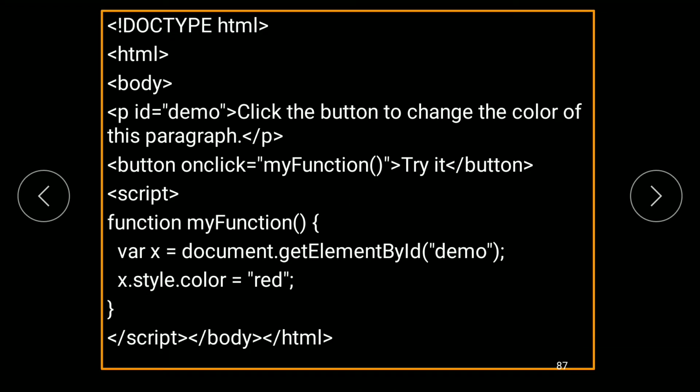And in that I am going to write document.getElementById. So getElementById is a method of the document object. I already told you what an object is. An object is nothing but a real life entity which has properties and methods. So we are now learning about methods. This method is nothing but a document object method, right?